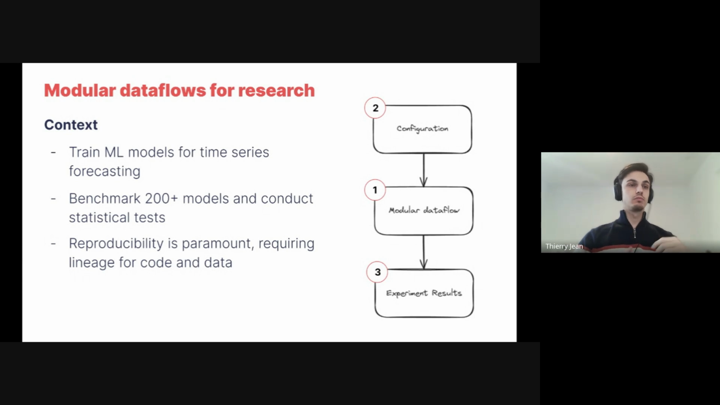And one of the core benefits of Hamilton was having a strong lineage of artifacts and code. So we knew how artifacts were generated. And one unexpected benefit that we had is that